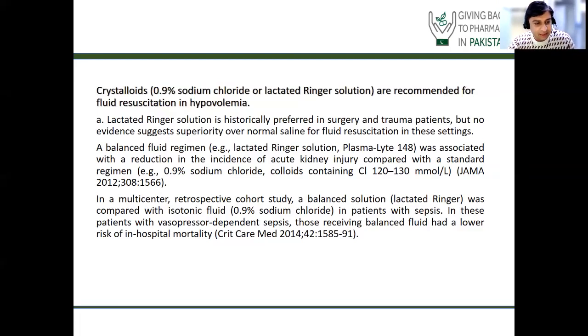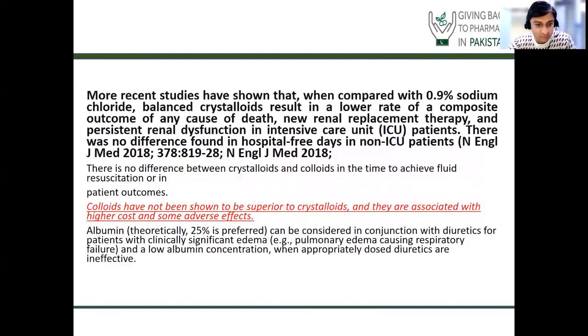In another multi-center retrospective cohort study, a balanced solution was compared with isotonic fluid in patients with vasopressor-dependent sepsis, and those who received balanced fluids had a lower risk of in-hospital mortality. Another recent study, published in 2018 in the New England Journal of Medicine, showed that when we compare 0.9% saline with balanced crystalloids, for example lactated Ringer solution,